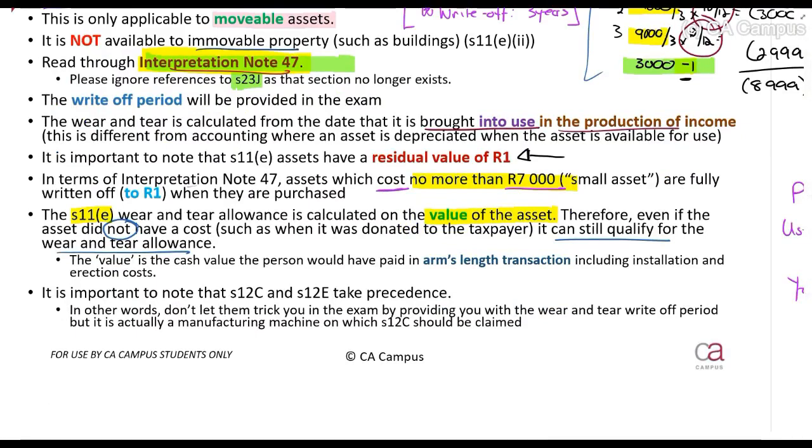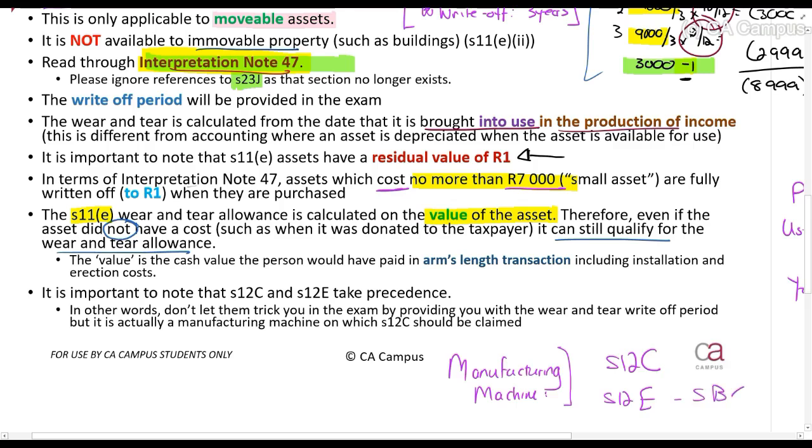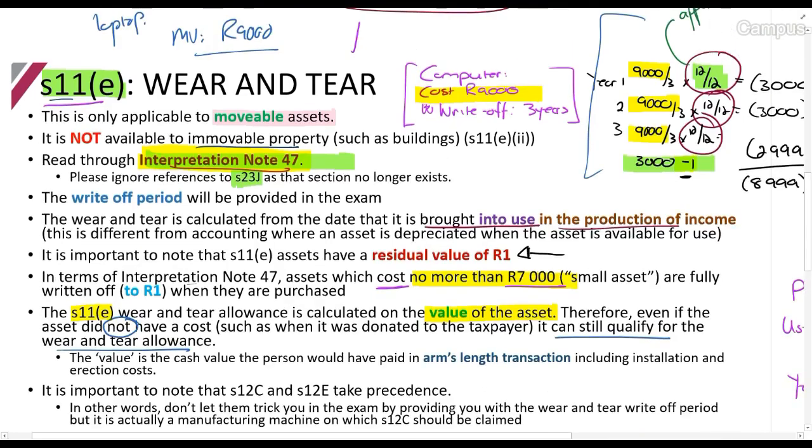Then, please be aware also, guys, that you might go and buy something like a manufacturing machine. Now, a manufacturing machine can be a movable asset, but a manufacturing machine qualifies for a special allowance under Section 12C or under Section 12E if you're a small business corporation. Now, why am I saying this to you? Because a wear and tear asset,